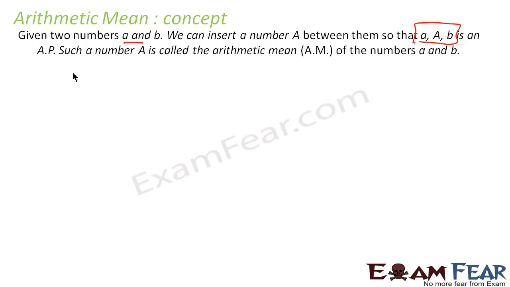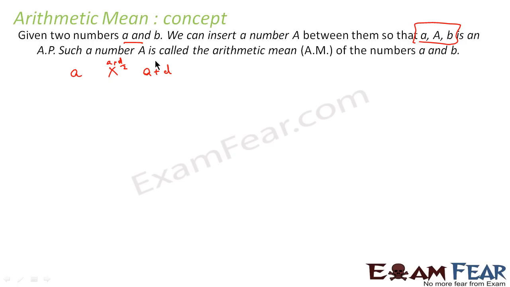So we have two numbers, a and, let's suppose, a plus d, both in AP. Now we can insert a number x such that all these numbers are in AP. This will be a plus d by 2. So you insert a plus d by 2, and you get a, a plus d by 2 and a plus d, all in AP with a. Now the d will change, d will become d by 2.